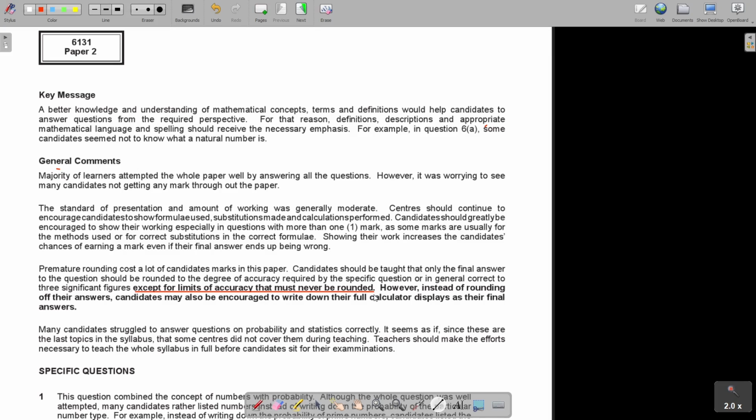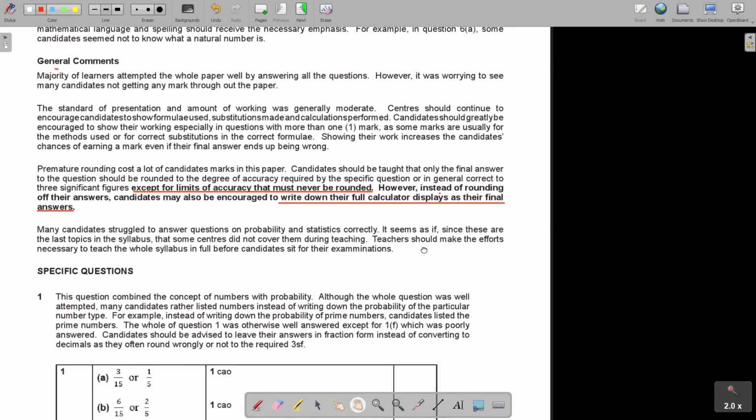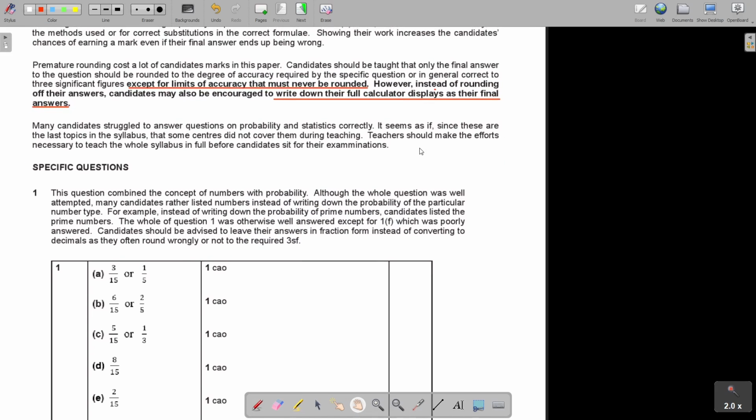Very important. Also, it's good to first write your full calculator display, and then in the final space do the approximation as required, or 3 significant figures, angles, 1 decimal place. However, instead of rounding off their answers, candidates may also be encouraged to write down their full calculator display as their final answer. So it even means that in some cases, if you just write the full display, you will get the answer, even if you didn't round it off. That's what I understand. But be able to round off to 3 significant figures. Okay, then